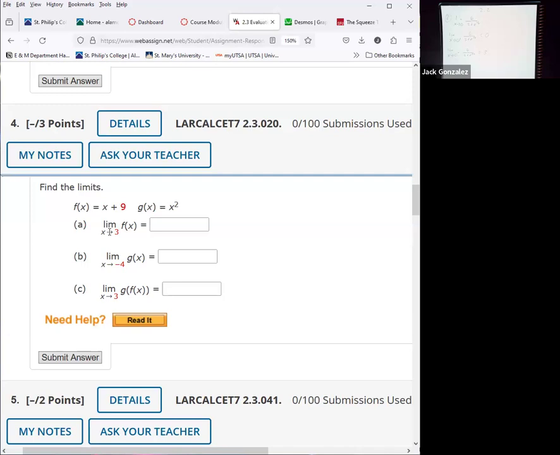Same thing here. f is x plus 9, g is x squared. As x goes to 3, we'll just plug it in and see what happens. You can still graph these guys and do what we've been doing. For example,